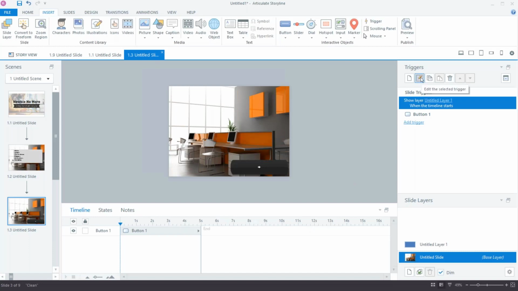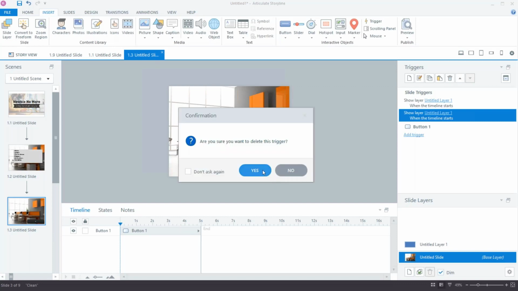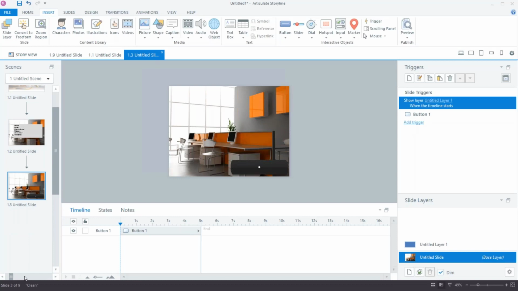I can also, as with anything, duplicate a trigger, or I can copy and paste it. I can just click copy and then paste it down, and there it is again. If I want to get rid of it, I delete it. One thing to note, if I have a whole bunch of triggers in here,